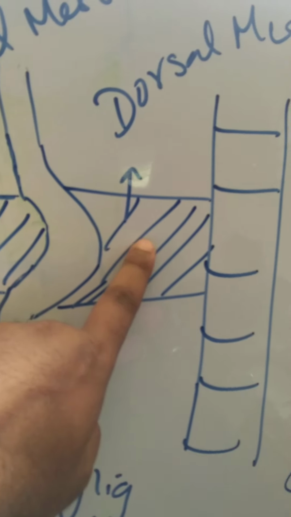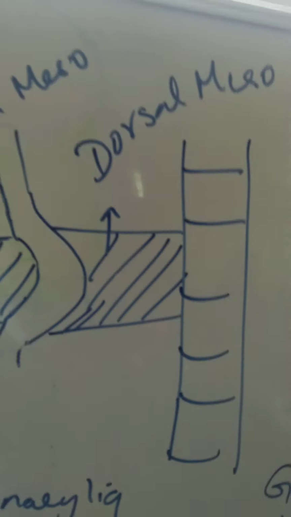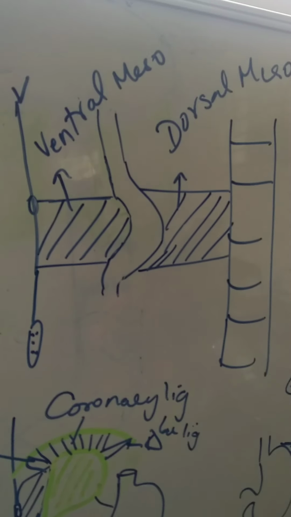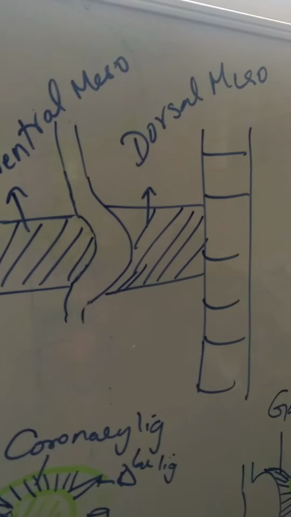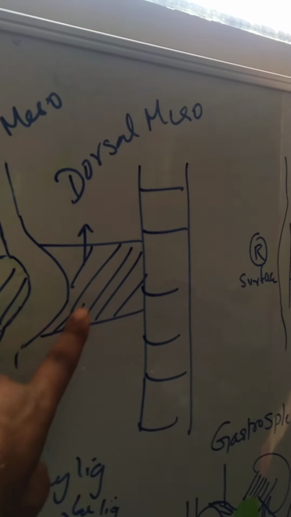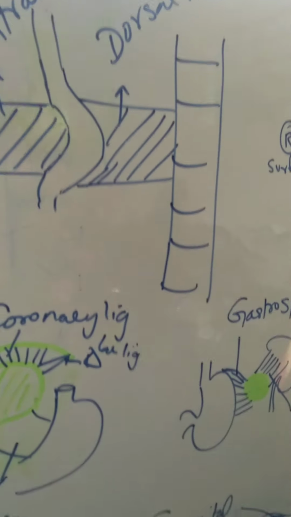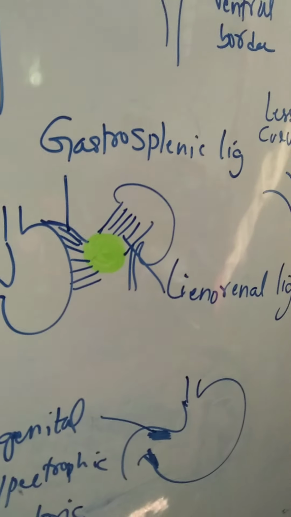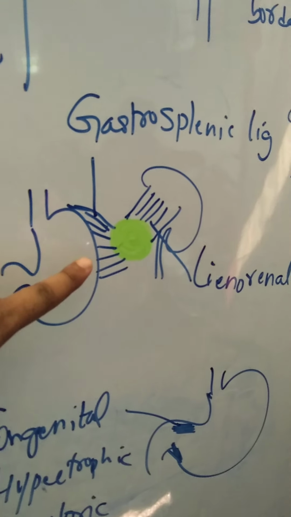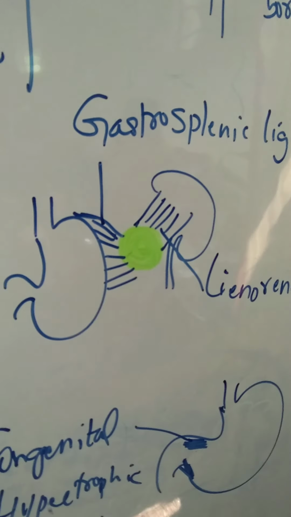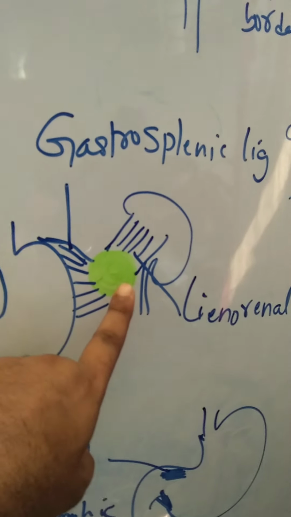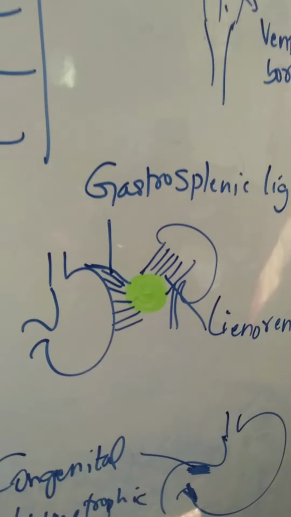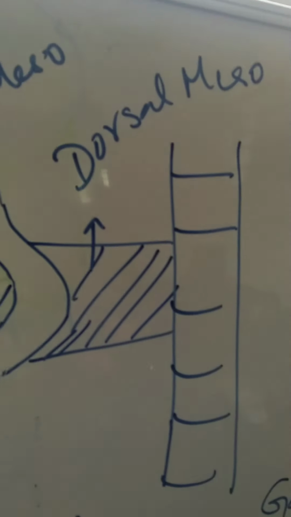The spleen will develop in this area from the mesoderm. Those mesodermal masses initially will be many in number. They are called splenic lobules. They are derived from mesoderm within the dorsal mesogastrium. So within this dorsal mesogastrium, the spleen develops. Once the spleen develops, the dorsal mesogastrium now becomes two ligaments. What are they? The gastrosplenic ligament, between the stomach and the spleen. Between the spleen and the kidney, this green color structure is the spleen, and that is the kidney, it is the lienorenal ligament.